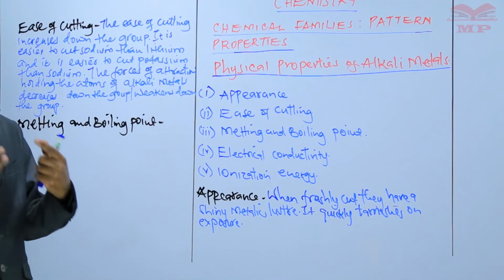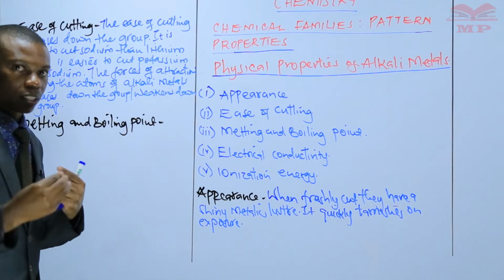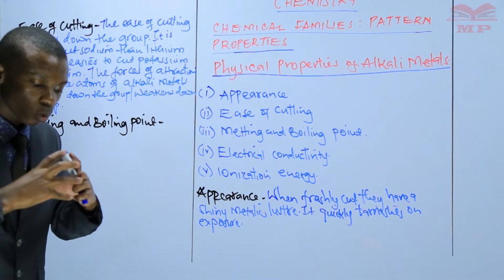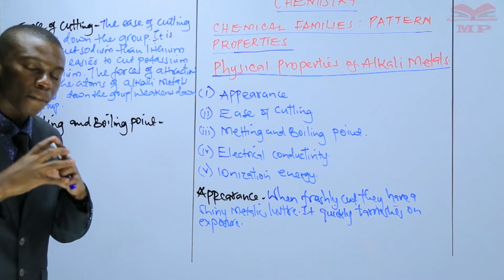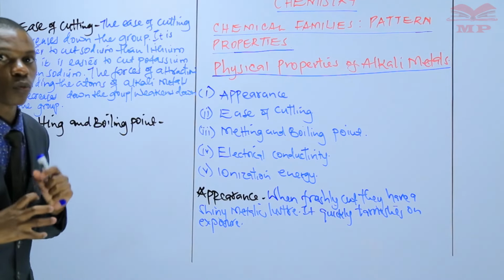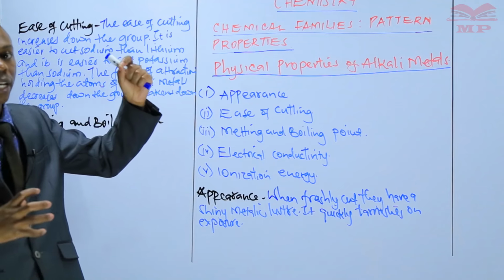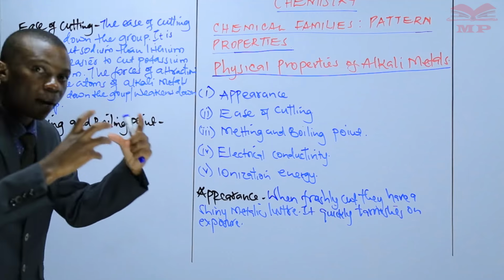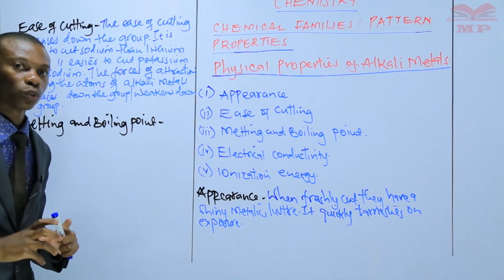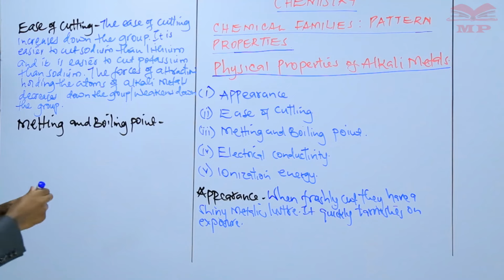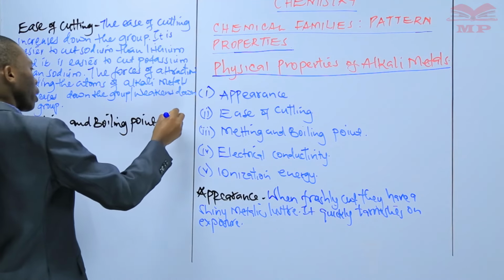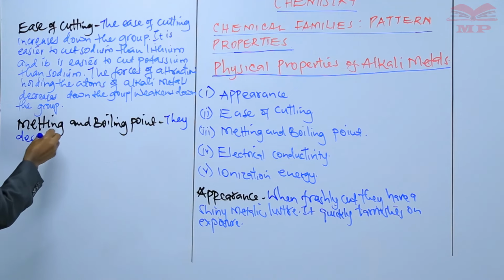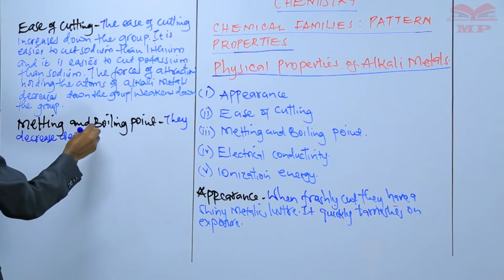And again, this one is also explained using the forces of attraction which are holding the atoms of these metals together. The forces holding the atoms of these metals together weaken as you move down the group. They are stronger in lithium than potassium. And that is why lithium has a higher melting and boiling point compared to sodium and also potassium. Therefore, melting and boiling points decrease down the group